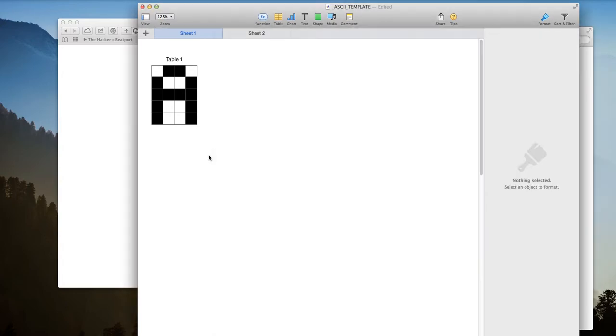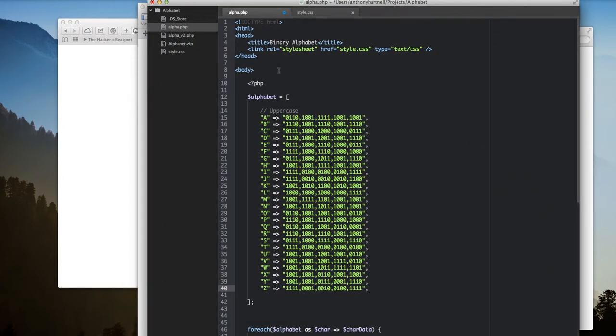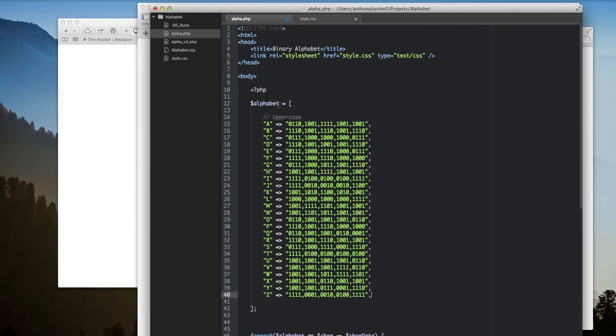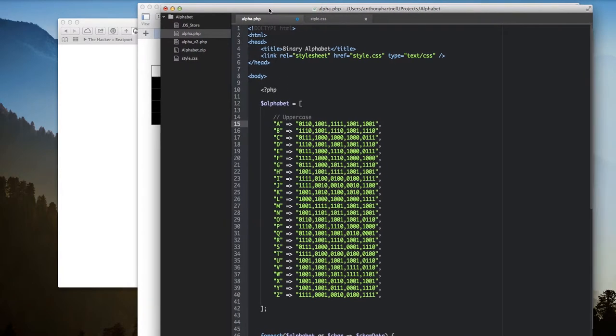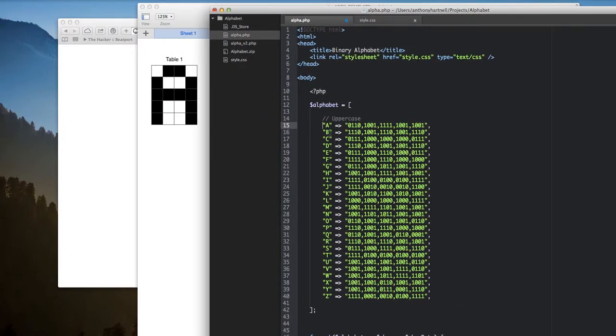So if I load up my editor, I'm using Atom at the moment. This is something I made earlier. It's basically everything you saw in that folder of images. Each character is a single array dictionary of the character followed by its string binary representation. I could have gone with multi-level arrays in this case, but it was going to be a bit tricky just to get my ideas out there. So yeah, I've created this basic array,